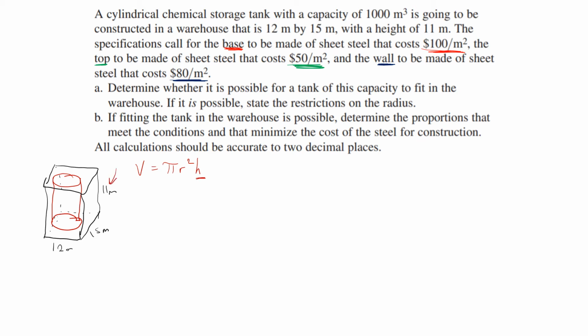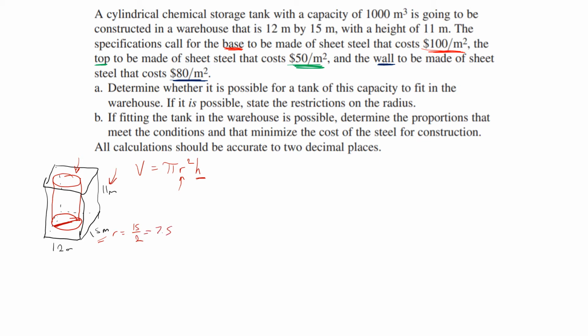I'm going to do the volume depending on the warehouse instructions that I got. So height for the warehouse is 11 meters. So my tank inside cannot exceed that 11 meters, right? So I'm going to say H is my 11. For R, what I'm going to say is the value of 6. Why? When I look at here, R is represented by right over here, so half of it, right? If you look at 15 meters, if this whole thing, so diameter, is 15 meters for it to fit, then my radius is going to be 15 divided by 2 to get the radius, and that will equal to